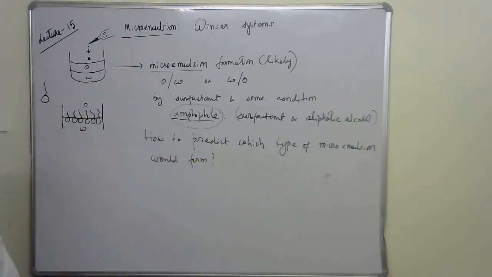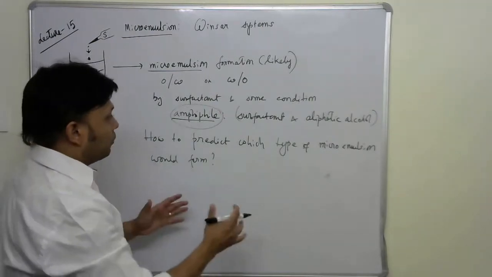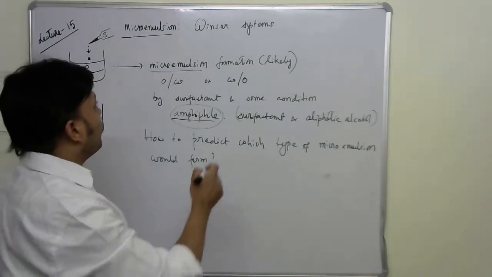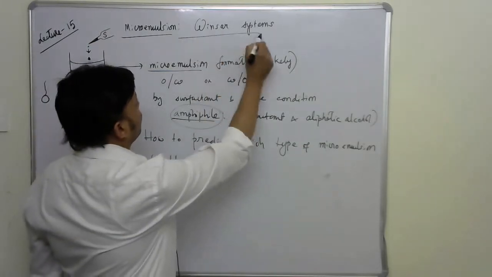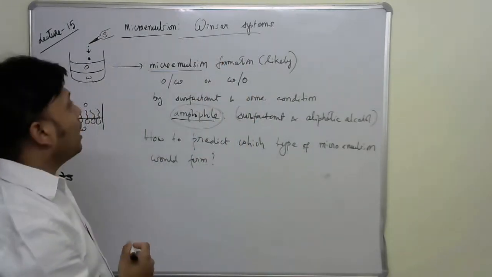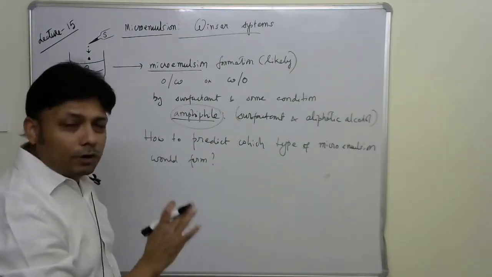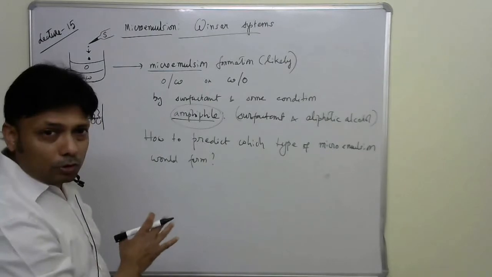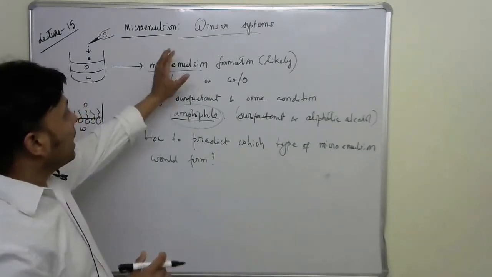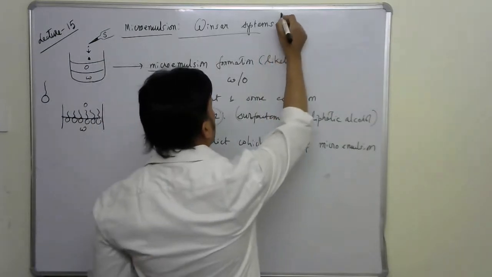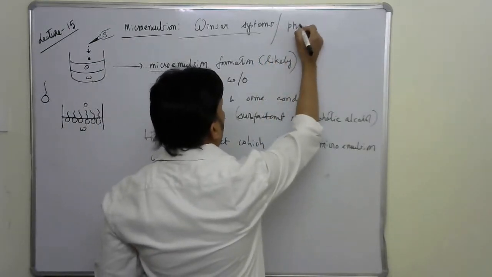These different types of microemulsion and their formation have been predicted by the researcher Windsor, and he predicted four different types of systems can be produced. We call these Windsor systems, also known as phase equilibria,